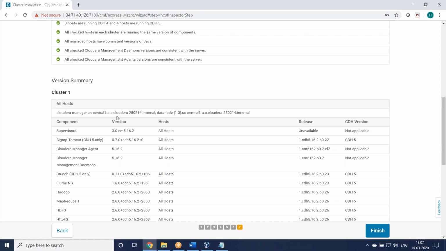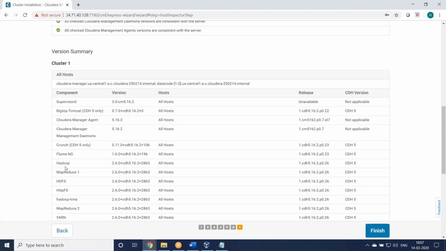So we are going to install Cloudera, right? 5.16 point something 2 version. And in that, what is the Hadoop software? 2.6.0. Then MapReduce 2.6.0, Flume 1.6.0, Crunch 0.11 something, Cloudera Manager Agent 5.16. Right?